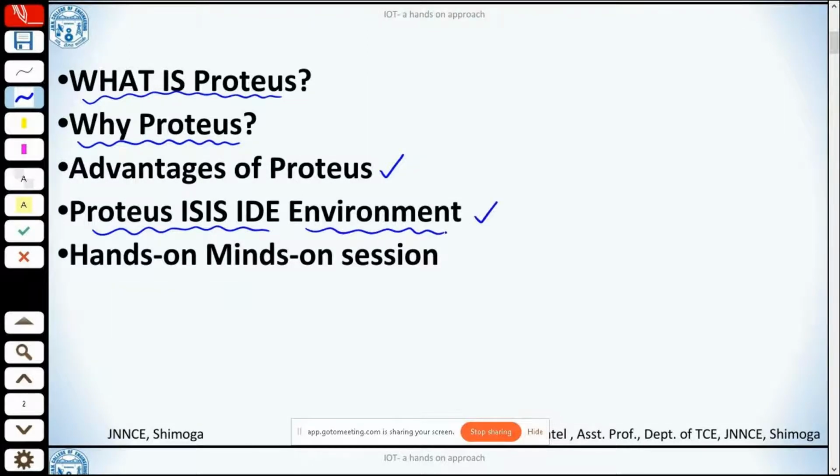We'll get familiarized with all the options available in the Proteus ISIS IDE, followed by a hands-on, minds-on session.